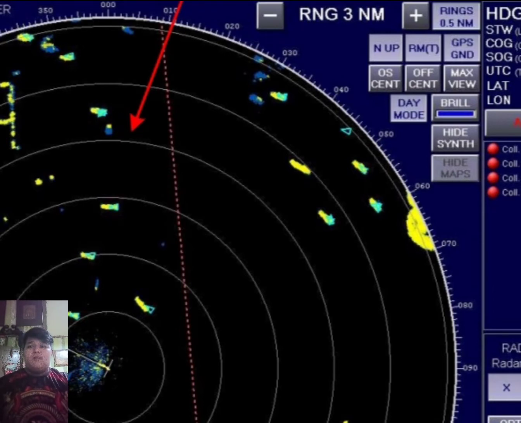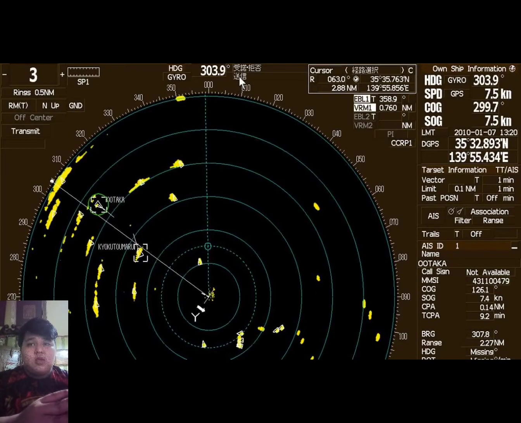So number 2, provide a relative display north up mode and set it in relative motion. So north up is an azimuth stabilized presentation in which north on the bearing scale remains fixed vertically above the CCRP. The heading line points from the CCRP to own ship's reference